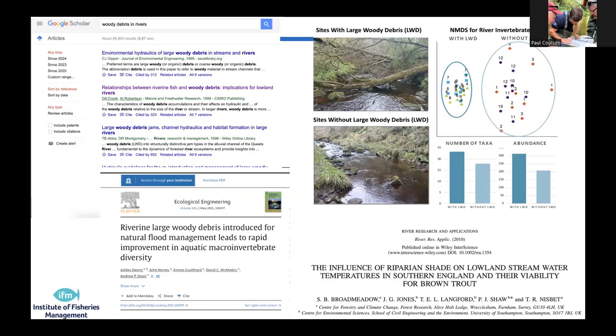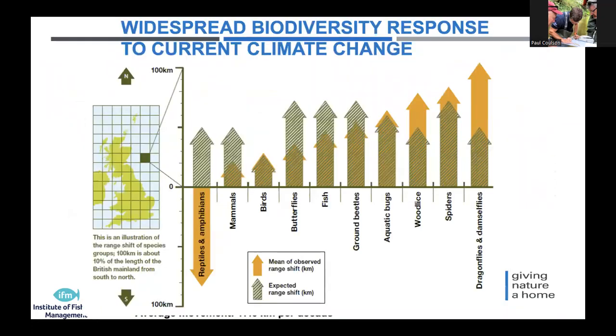And what animal wants to be in an open body of water, where it finds it difficult to find a niche to live in, or it's always open to predation and everything that moves might want to eat it? So it does show the value in adding this in, and I think the guys in rivers have really got a grasp of it. And the same applies with climate change.